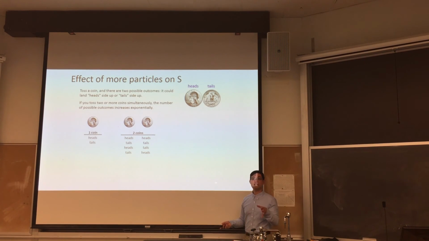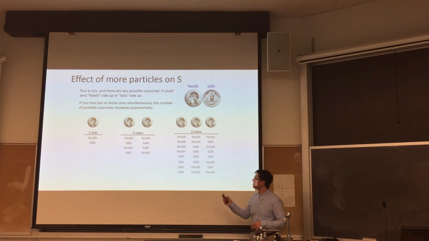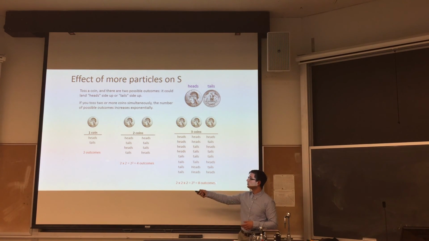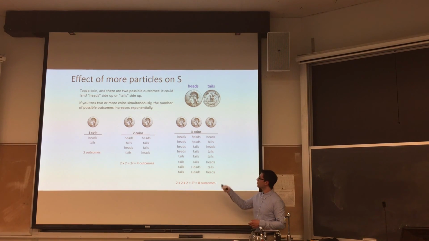So what I'd like you to go ahead and do now in your groups is figure out how many microstates there are when I have 3 coins. I'm seeing lots of microstates on your table. Here's what I think you should have. What's really cool about this now is we can take a look at counting up the number of states available, and we find that in the case of 1 coin, there's 2 outcomes. In the case of 2 coins, there's 2 coins that each have 2 outcomes. And in the case of 3 coins, I have 3 coins that each have 2 outcomes. And so mathematically, you can generalize this exponentially to say the number of outcomes raised to the power of the number